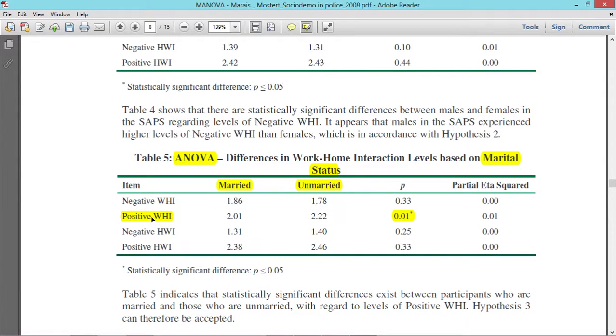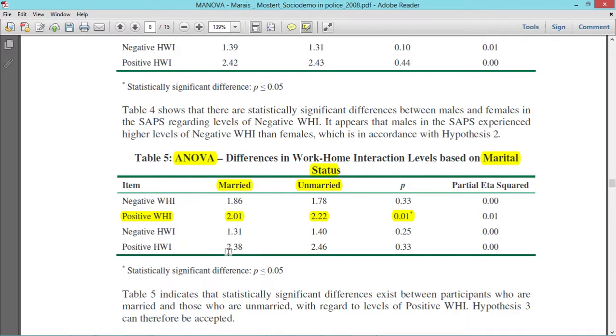Okay, so now between married and unmarried, which of the two have the highest numerical value? Okay, unmarried. So therefore, in terms of positive work-home interaction, unmarried people tend to experience higher levels thereof than married